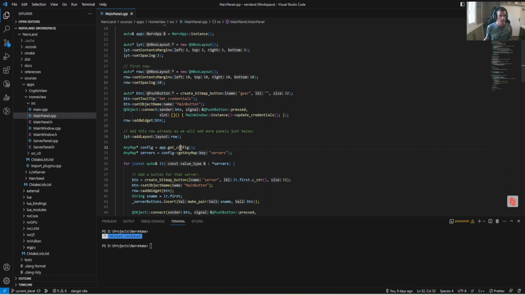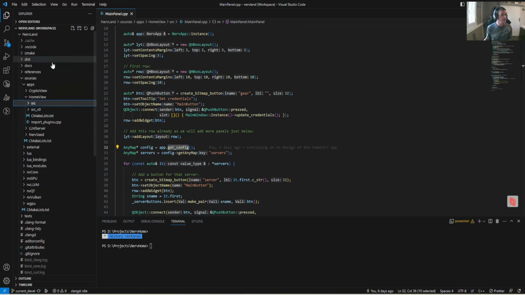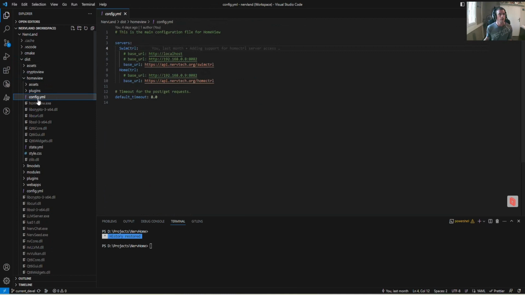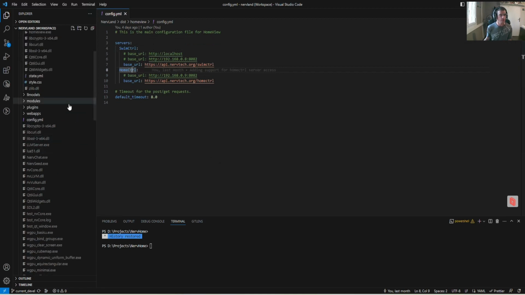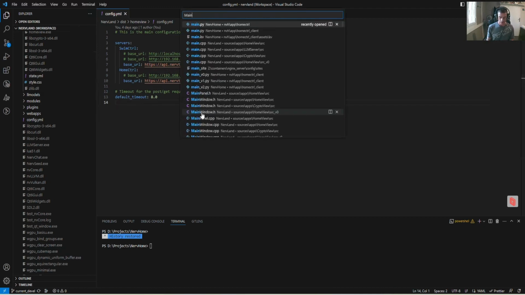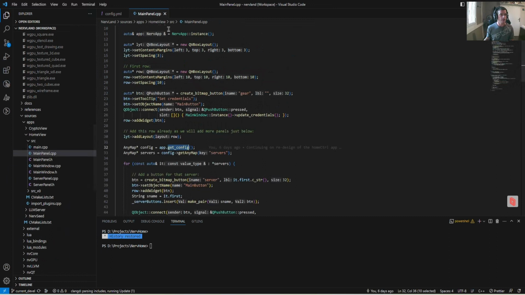Starting from there, I read from the configuration file, which is a YAML file. So let's see this one, config. This is going to be loaded in the application, and in this file I can read the list of servers that I have available. You see that I have two of them, and for each of them I'm going to add a new button. Back in main panel, you see I'm reading the servers key, and for each element that I have here,